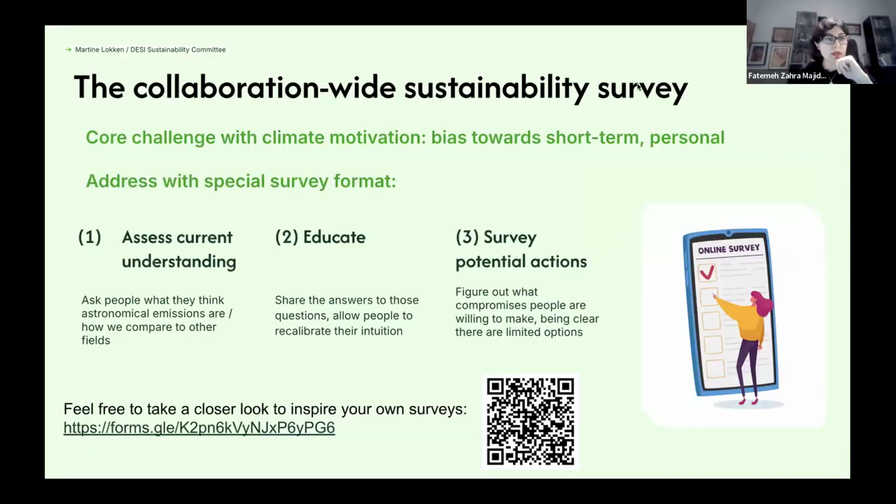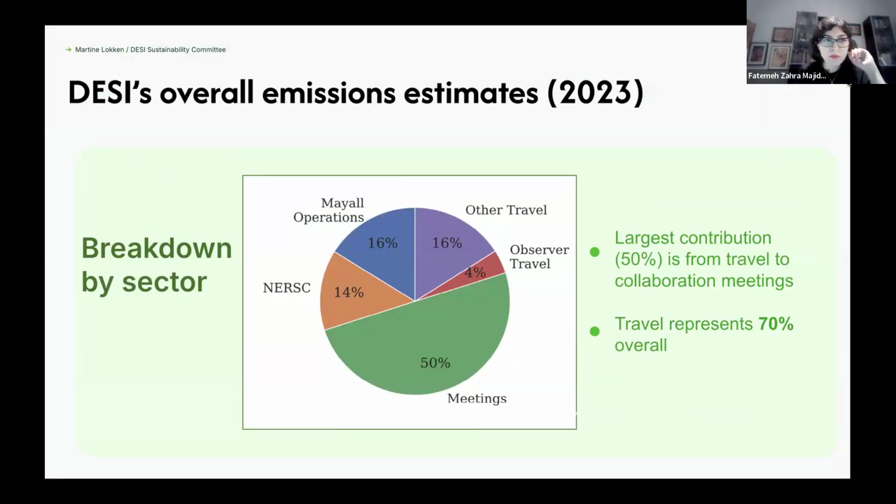And which of these categories is including the facilities carbon footprint? Is there something like that, like for the observatory or telescope? Yeah, that's the MAIL. So MAIL is the telescope. Okay.